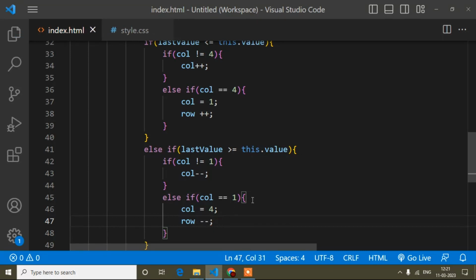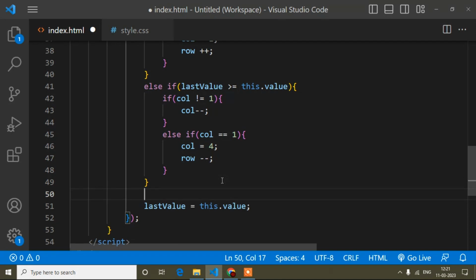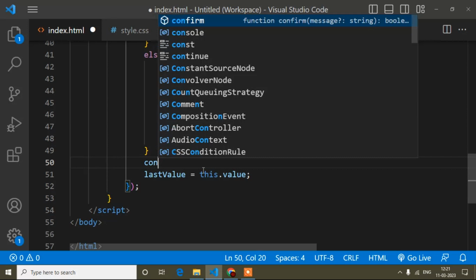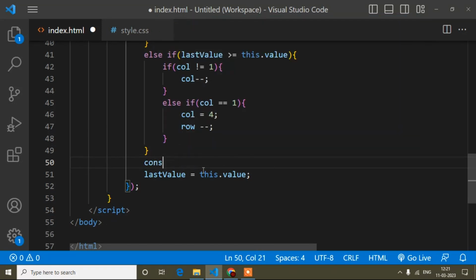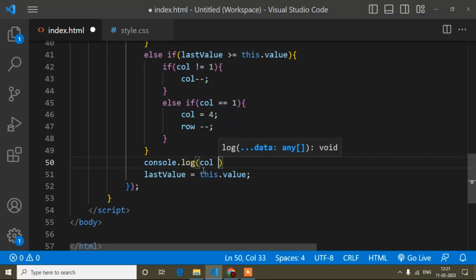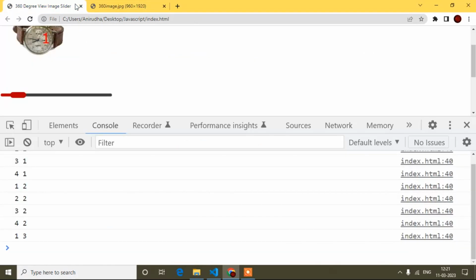Okay, so now after this if and else condition, if I console.log col first, then here I will write plus row. Let's see if I get it properly or not.